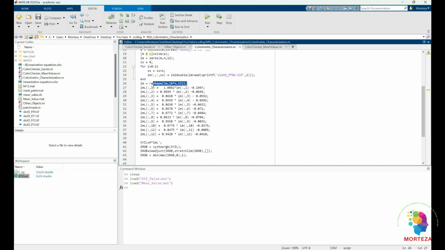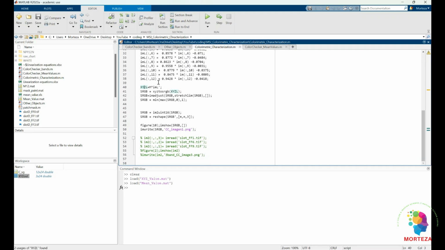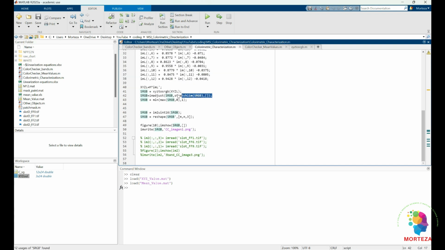I'm going to reshape them into a matrix form. And then I'm going to linearize each band using the equations that I just specified. And then I'm going to change the image into XYZ and then into sRGB using this function. Let me open this function quickly. This function uses standard color science formula to change the XYZ into sRGB, and I'm going to include it in my GitHub as well. And then this is where I'm contrast stretching the image,